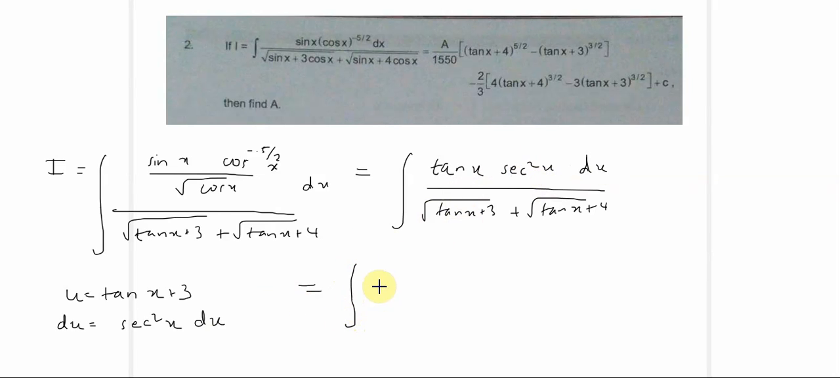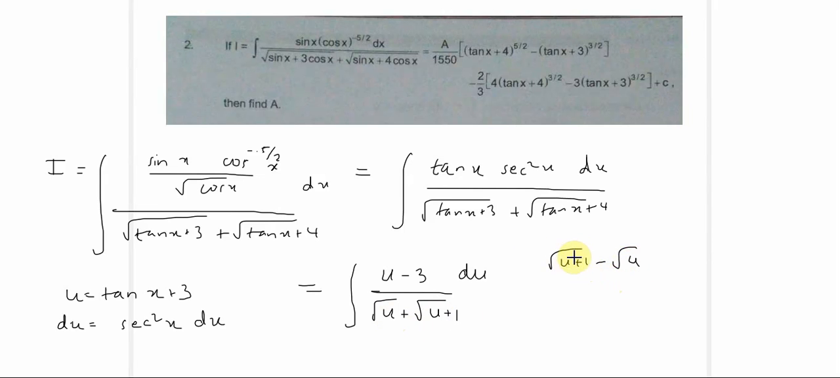That gives us, then if u is equal to tan x plus 3, tan x is equal to u minus 3. U minus 3 du divided by root u plus root u plus 1. Now we just rationalize the denominator. If we multiply by root u plus 1 minus root u, if you multiply by that, what you will get in the denominator